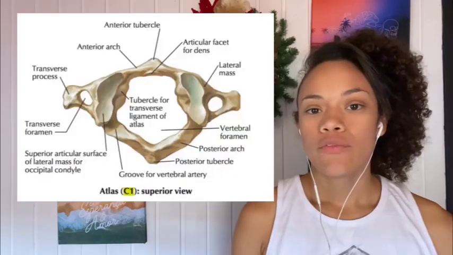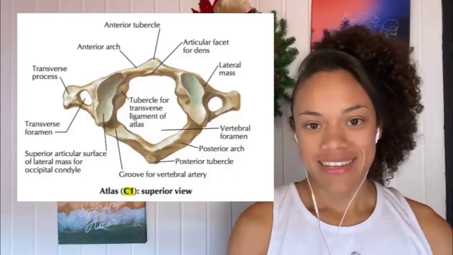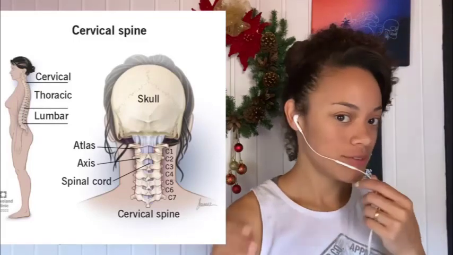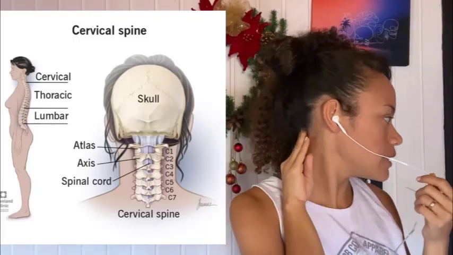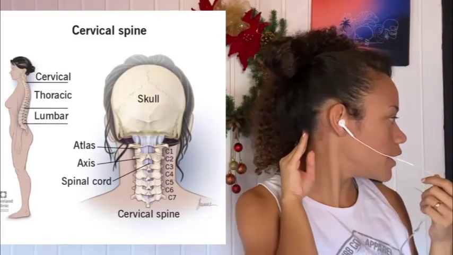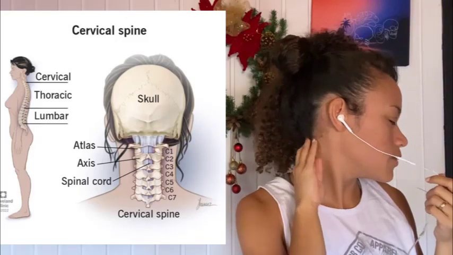The first 2 vertebrae are very unique and different from all the others. The first, also called atlas or C1, is a ring-shaped vertebra. Atlas begins at the base of your skull, that you can feel right here, and you're probably not gonna feel your atlas. It's named after Atlas of Greek mythology, who held the